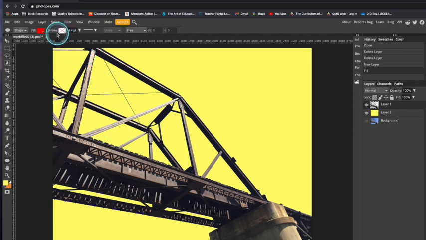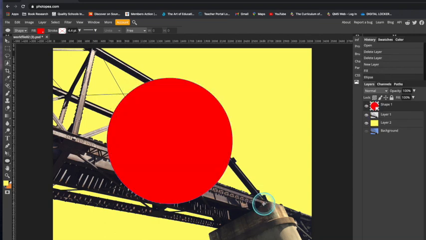Now the difference between the vector shapes and the selection tools is that with the vector shapes you can give it a stroke and a fill color, things that aren't necessarily easy to do with the selection tool. So if I draw a circle holding shift down, it automatically fills that shape with red,